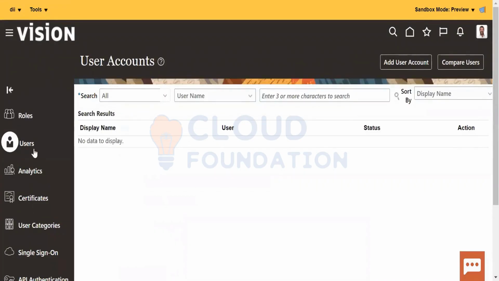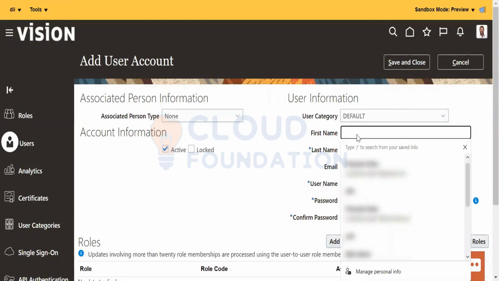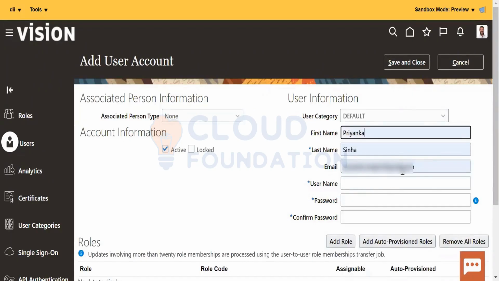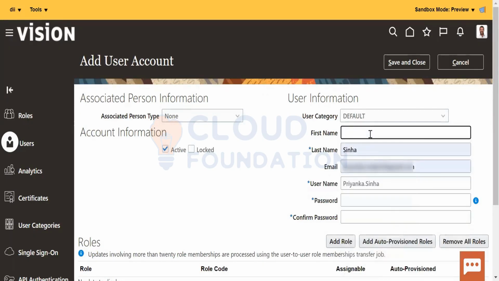Suppose I create a new user. I will not create this one because it's my office system, I will just show it to you. Add user account. And here you can create. Suppose my name is Ramya Sinha.